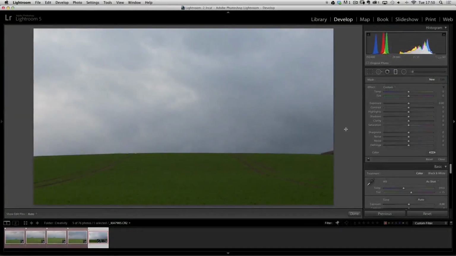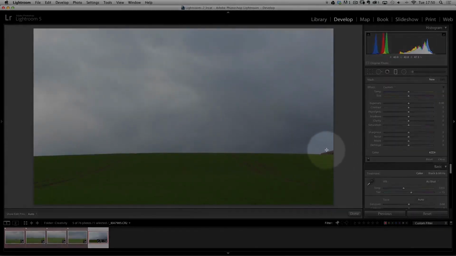So we're going to start off in Lightroom then, and here's just a selection of pictures that I took whilst out on that walk. This is one of the hill. I've cropped this one in quite tightly just so it leaves that particular part of the top of the hill there in the lower third-ish part of our picture. We've got a little bit of a building over here on the right hand side we need to get rid